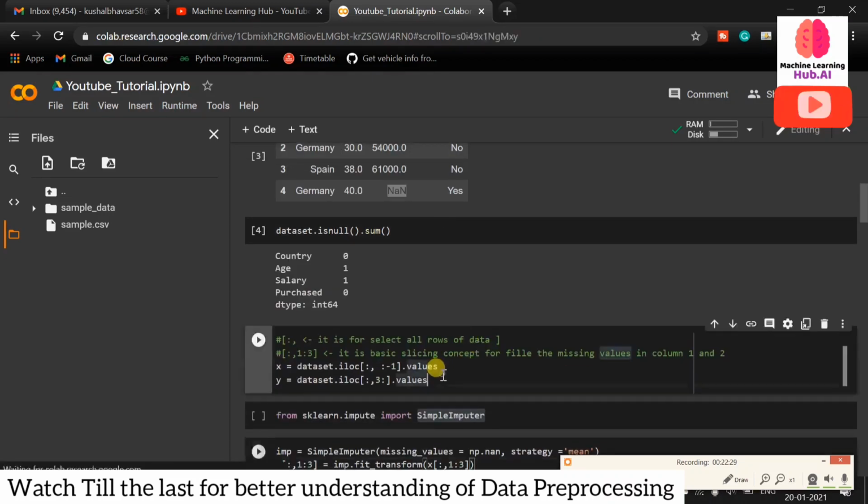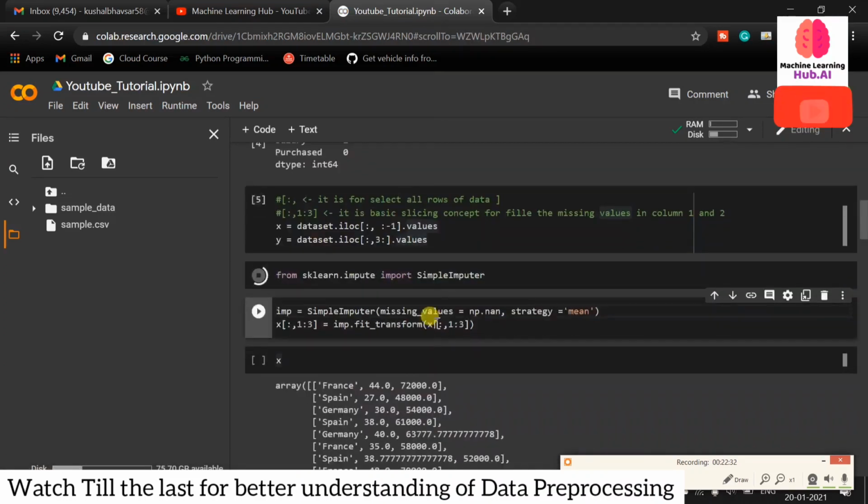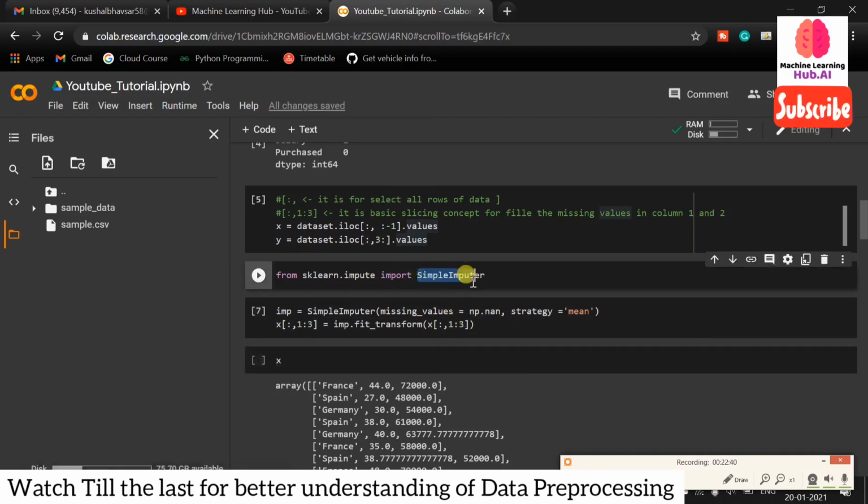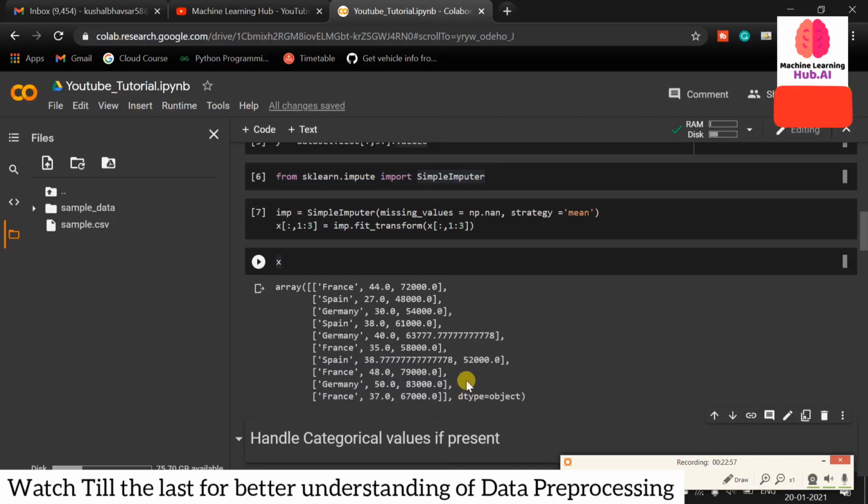Okay, so just let me run all these 3 cells. Now it will automatically fill the missing values. So guys, you need to understand the basics of these libraries, how all these libraries work. You don't need to do anything, you just need to call the fit and fit_transform methods, and it will automatically fill the null values. And now let's check the null values. So we can see both of the null values are filled here with the average of that column. We can see this column average is around 38.77778, the same thing here.